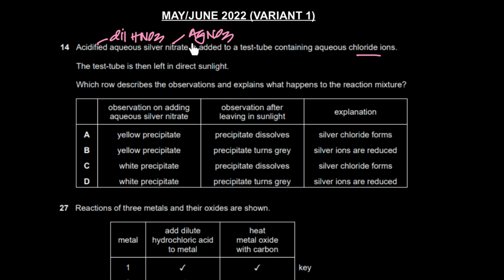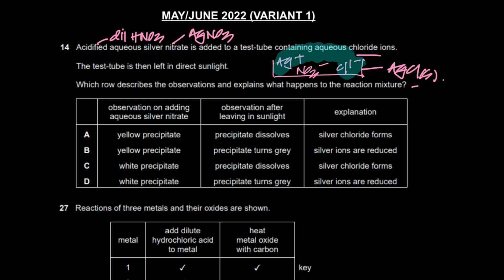of halide ions. So we use this test in order to confirm whether there are any halide ions present or not, right? So you have the chloride ions in the solution and you're adding the silver ions and the nitrate ions, and what's going to happen is we know that silver chloride is insoluble. So the silver ion, when it comes into contact with the chloride ion, they're going to form a precipitate, and obviously the precipitate is going to be of silver chloride, and it's a white precipitate, right? Silver chloride is white PPT,